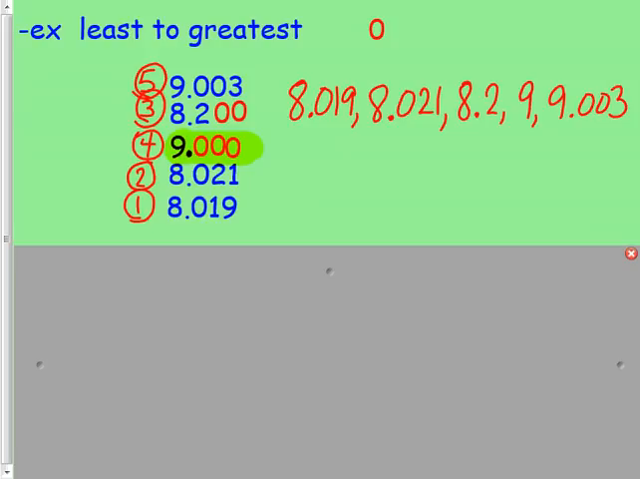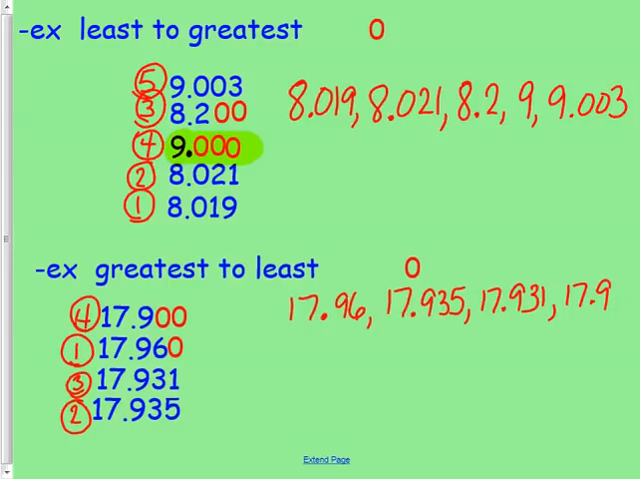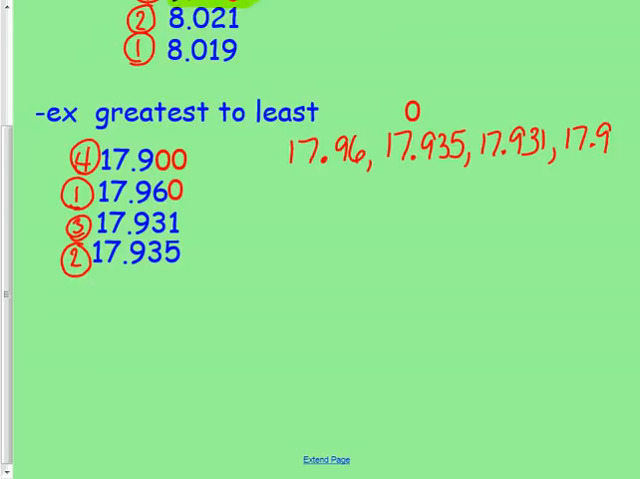And then for our last example, we were putting them in order from greatest to least. And we ended up getting 17 and 96 hundredths, 17 and 935 thousandths, 17 and 931 thousandths, and then 17 and 9/10ths. Please make sure